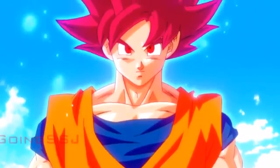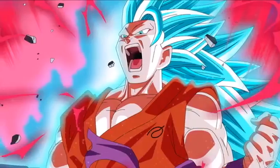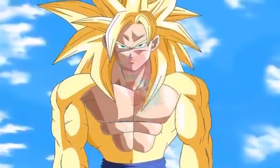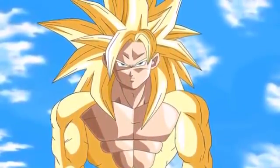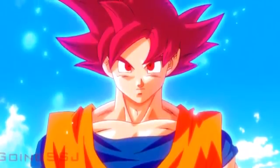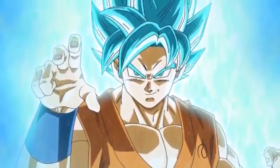Instead of focusing on a move that limits his fighting ability, he needs to come up with a way to either sustain Kaioken and make it easier to handle or use, or actually focus on a new Super Saiyan transformation. Yes guys, I actually, like many others, can't see Super Saiyan Blue as the final stage of Goku's power. I'm sure many thought Super Saiyan God Red was Goku's ultimate form back then in 2013, but then they were surprised later by Super Saiyan Blue, so if Goku still wants to use the Kaioken, he could, but only if